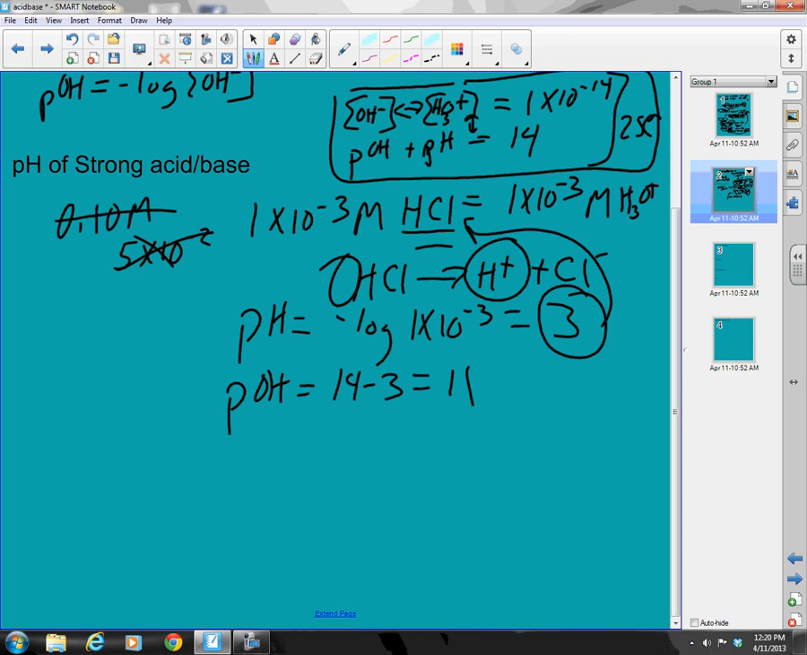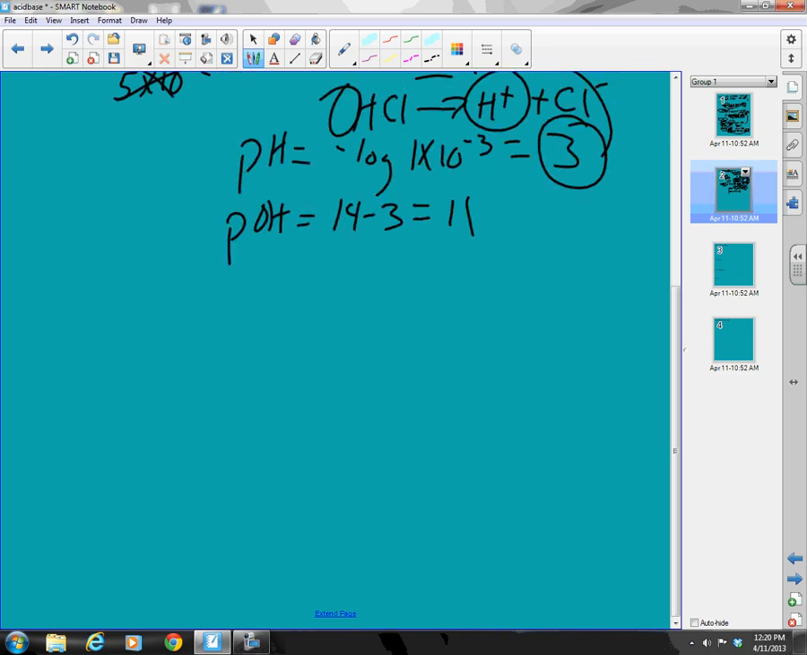Good. Now, how do I find a base? Be careful. It's about the same thing, but we have to watch out. With strong acids, I always have a 1-to-1 ratio. But if I have something like barium hydroxide, with my base, I don't have a 1-to-1. So let's say I have 5 times 10 to the minus 2 molar barium hydroxide solution. And we want to know what is the pOH